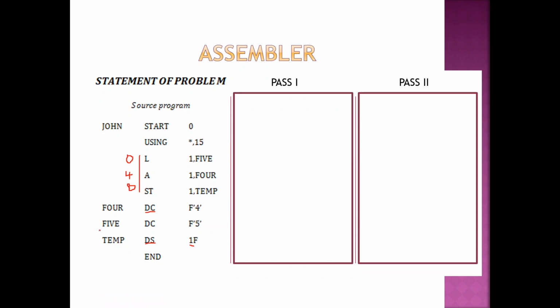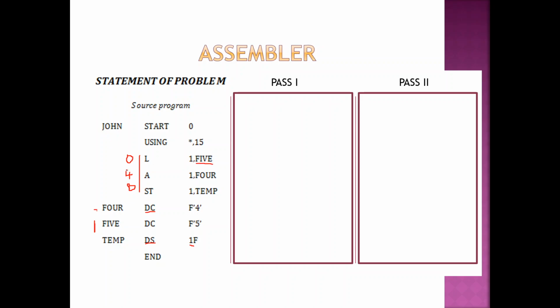Now for you to know 5, you should know what is the address. This address you should know. Now do you know that address? No, we have not even allotted any space there. We have just had one line. We are using 5. Only later in the program we are going to allot space there. Only then you will know the address. For you to even allot space for 4, you should first of all know what is the address here. After that you should know what is the address here, and so on, right? So we only know we have started at 0. At this time we don't know what is 5, so it is a question mark. We will leave it. We have to leave it.